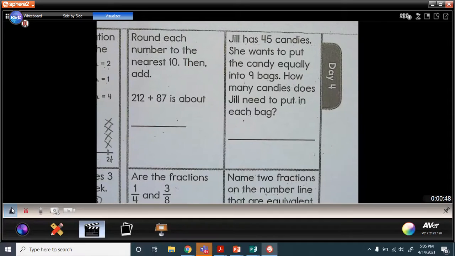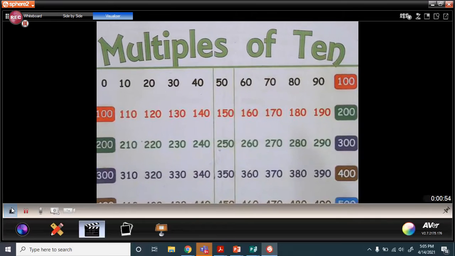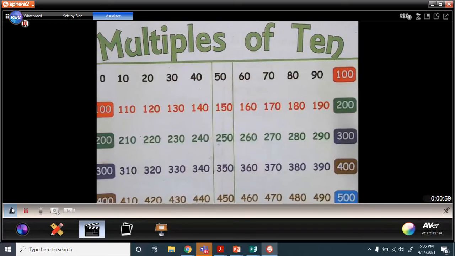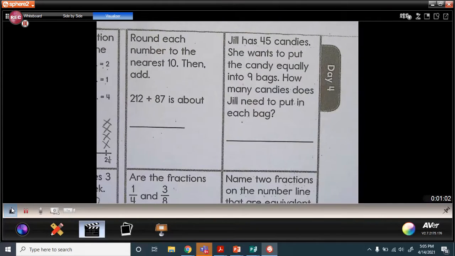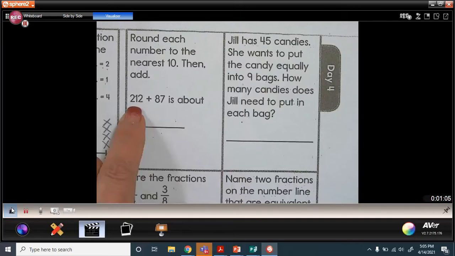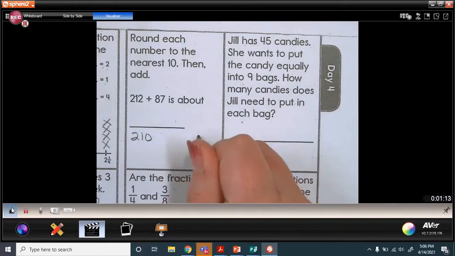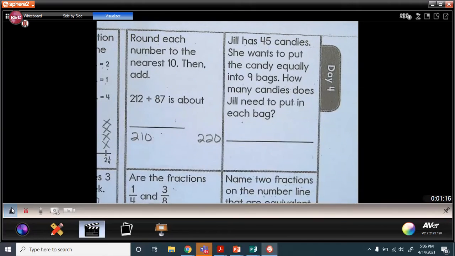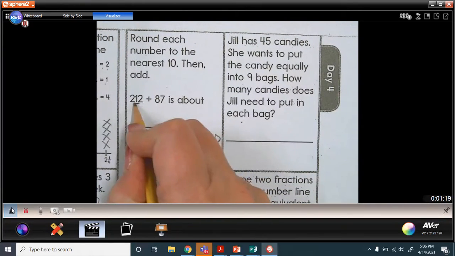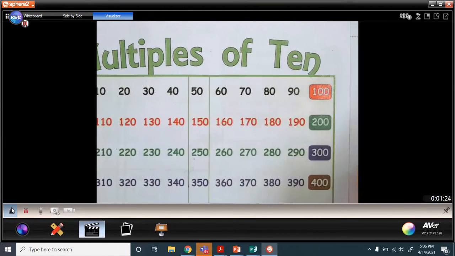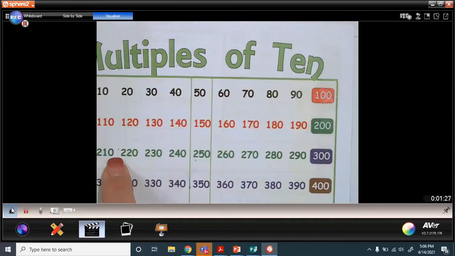All right, if you remember at the beginning of the year, I gave you your multiples of 10 chart to help you with understanding rounding. And since we're rounding to the closest 10, I'm going to look at the number 212, and I want to round it to the nearest 10. So 212 is between 210 and 220, because I'm looking at my tens place here, which means that if I were looking at my tens chart,